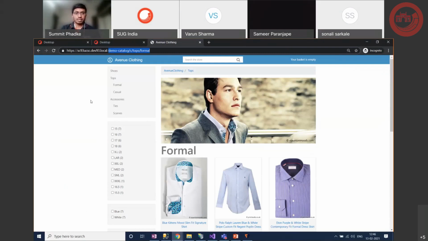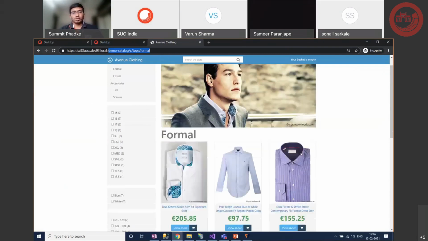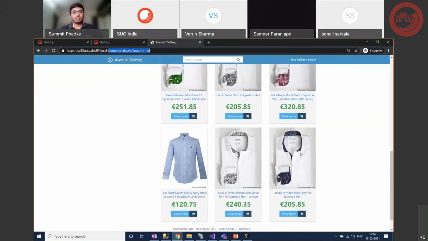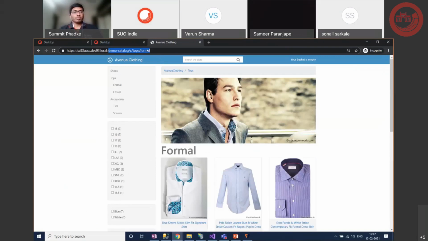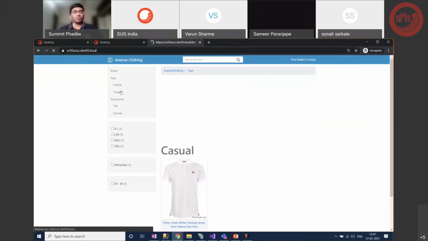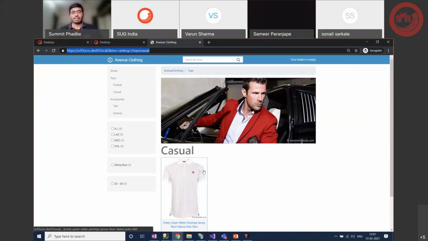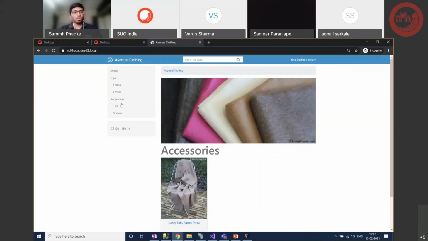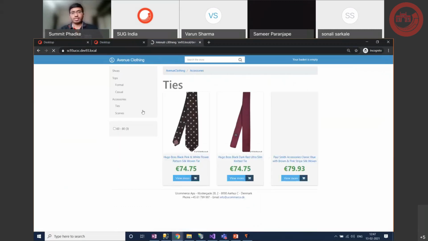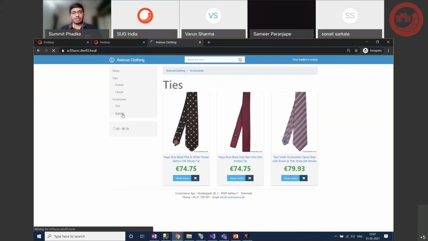UCommerce has already patched in the Sitecore pipeline, which will generate these dynamic URLs, and it will show the categories specific to this. So if I go to formal, if I go to casuals, the URL will be different, but it will show you the casual content, casual t-shirts. Or if you go to accessories, for that matter, it will show you the ties, different types, and the scarves that they have, right?